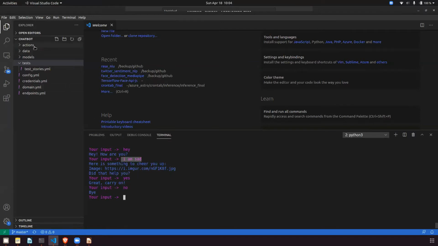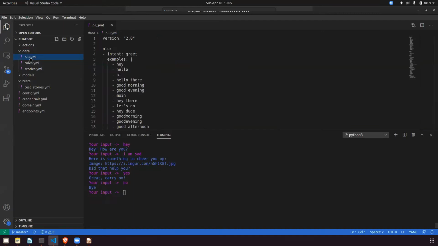On the left-hand side, when you see the folder structure and click on the data folder, you will see something called nlu.yml. Whenever you say something, you have an intent or intention behind it. All of that intent is stored in nlu.yml.